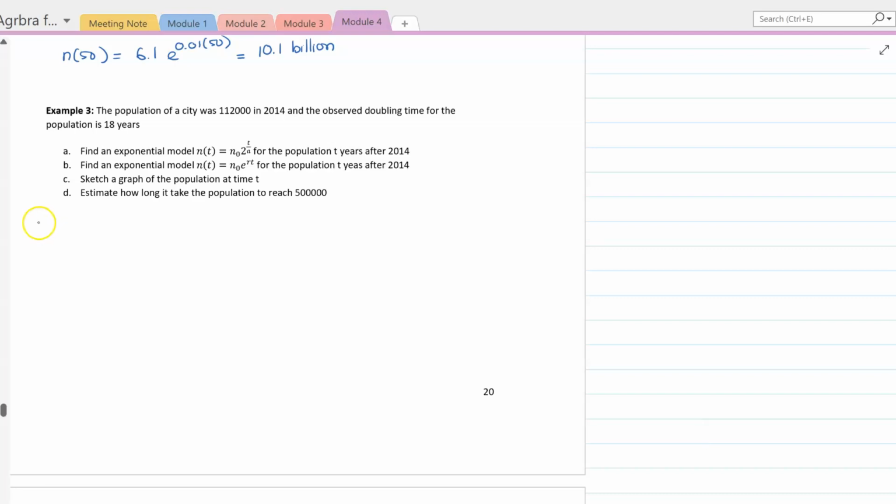Okay, start with part A. Well, we are given N naught equals 112,000. We are given a equals 18. And we want to write up the equation. So the equation N of t is equal to